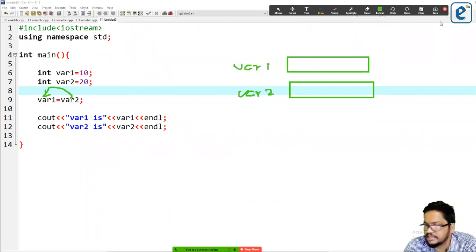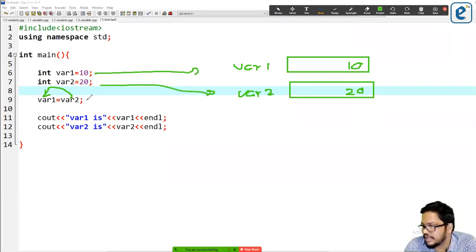At the initialization, we assign two values, 10 and 20. And in this line, we are going to make variable 1 equal to variable 2.